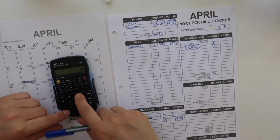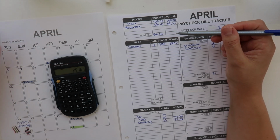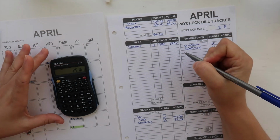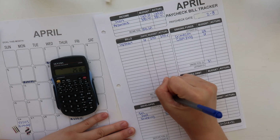That used to always really confuse me. I'm like, it looks like you're making so much money when you're not. Like, why would you write it like that? But you're basically just tracking what you have to spend. So minus $290 leaves me with